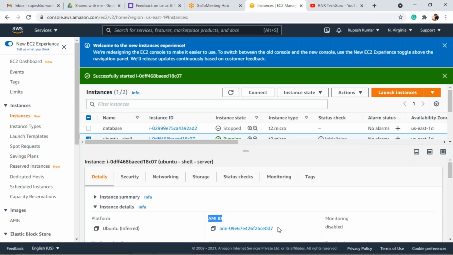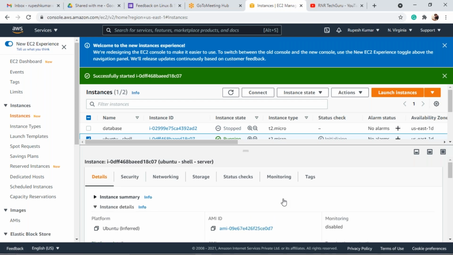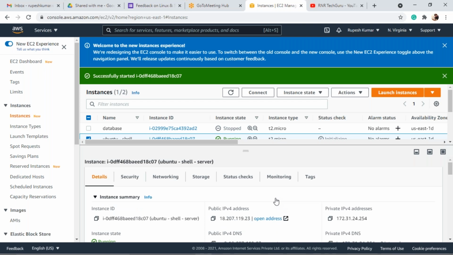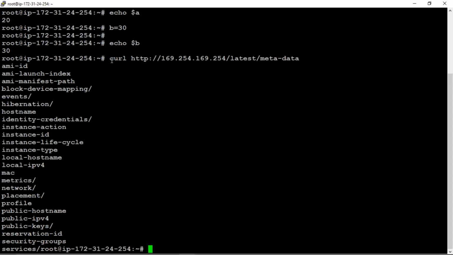We need to get this by using a script, or I want to print the public IPv4 address, or print the instance ID by using a script only. Got it? For that we can use the non-routable IP address. By using this one, we can get the instance details.